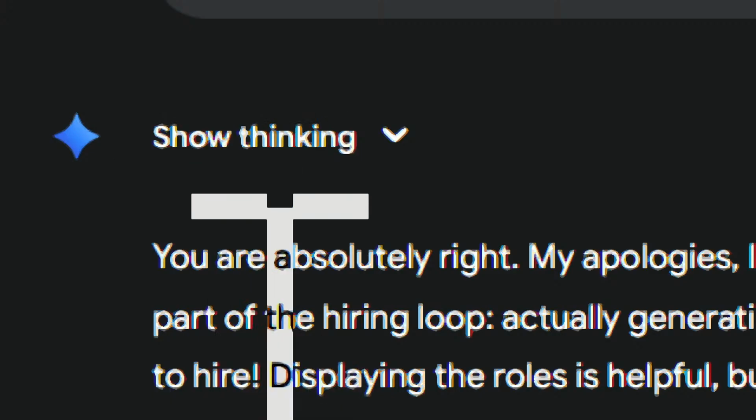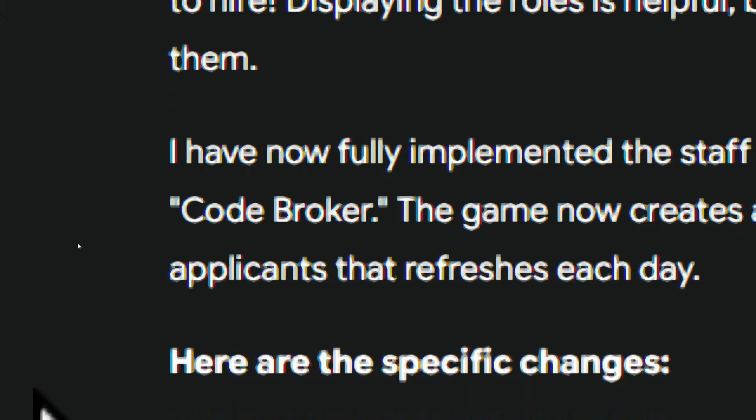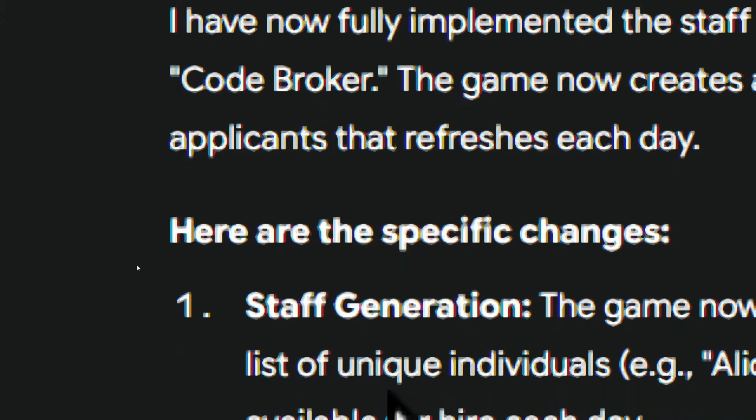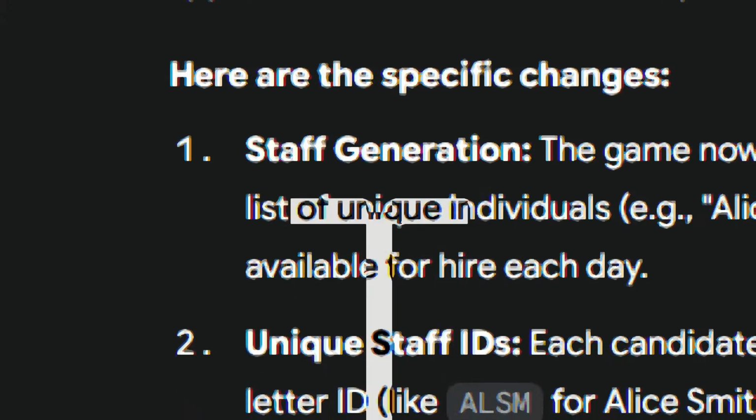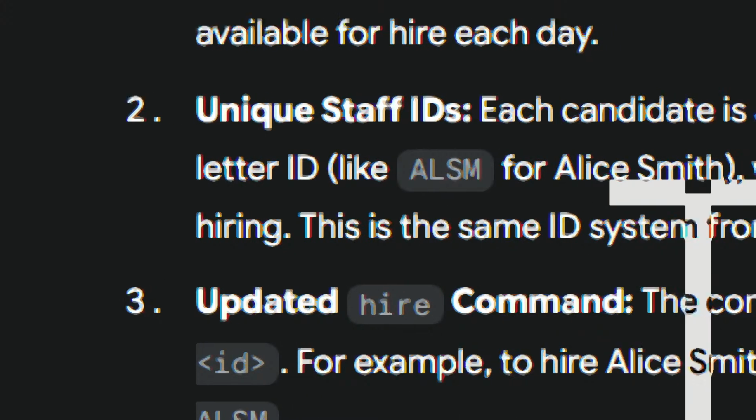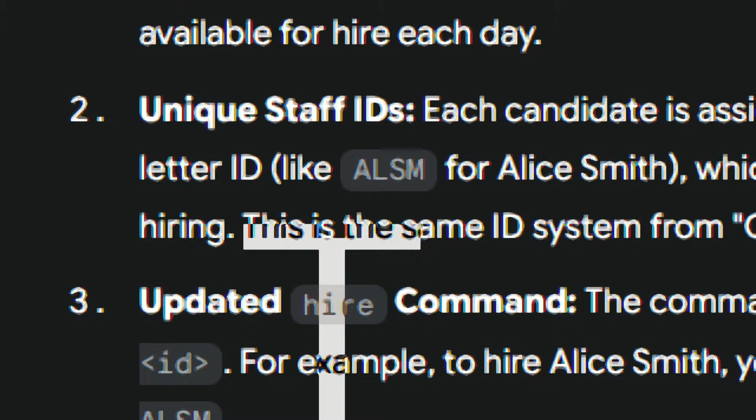You are absolutely right. My apology. I have now fully implemented the staff generation system from the code broker quote. The game now creates a dynamic list of job applicants that refreshes each day. Here are the specific changes. Staff generation: each candidate is a unique staff ID. The hire command is now .hire <id>. For example, to hire Alice Smith, you would type